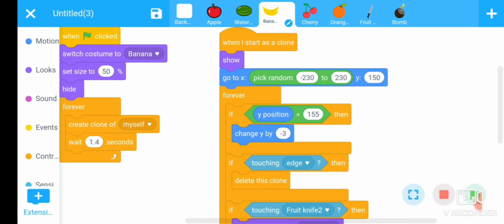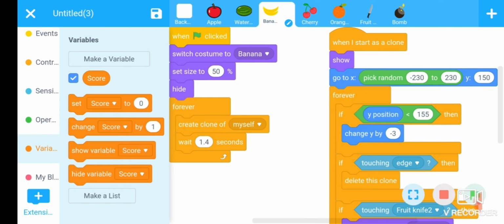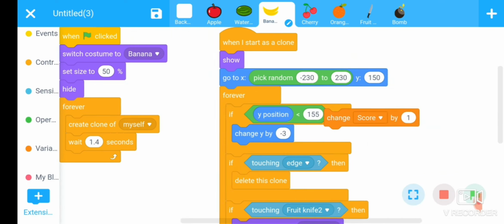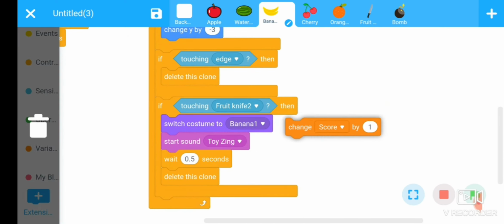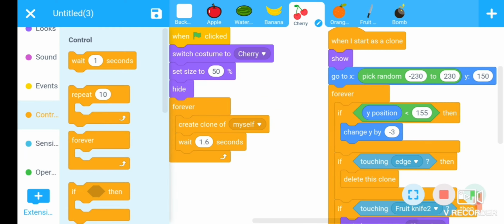Same step for banana sprite. Also for cherry sprite.